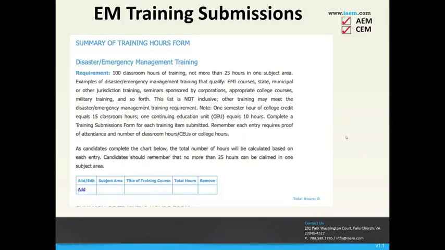This is what the form looks like if you haven't seen it already in your application. Again, the lists are not inclusive. On each line you're going to put in whatever that course is, the subject area, the title, and the total hours that you believe you should receive for those, based on either a certificate that has hours or a syllabus and agenda with proof of attending that course. And you may have 4, all with 25 hours of